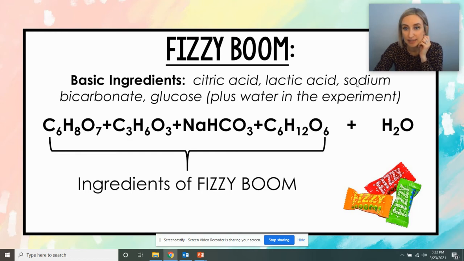You've got lactic acid, sodium bicarbonate, that's basically baking soda, and then glucose. And then we are going to be adding water to the candy during our experiment. So then you'll see a little plus sign down here. And we've got H2O, that's what we're combining with the candy. But all of this stuff right here, these are the chemical formulas for the basic ingredients in a Fizzy Boom